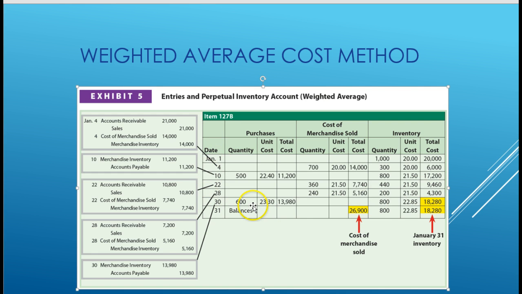Now we bought 600 new ones at $23.30, and they cost $13,980. So if I take 600 and 200, I have 800, and I add the $13,980 and the $4,300, I come up with $18,280. Divide that by the 800, I come up with a cost of $22.85 that I'll be using for my weighted average. When I add everything up, I come up with a cost of goods, or cost of merchandise sold, of $26,900 and inventory valuation of